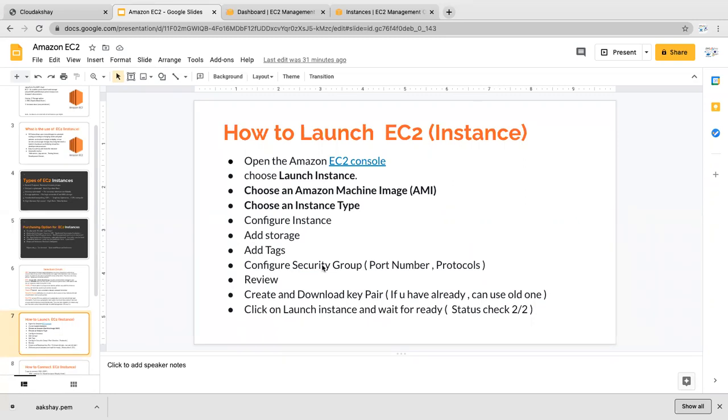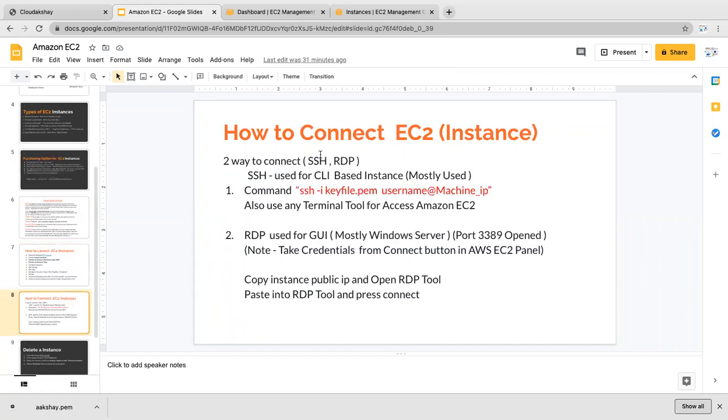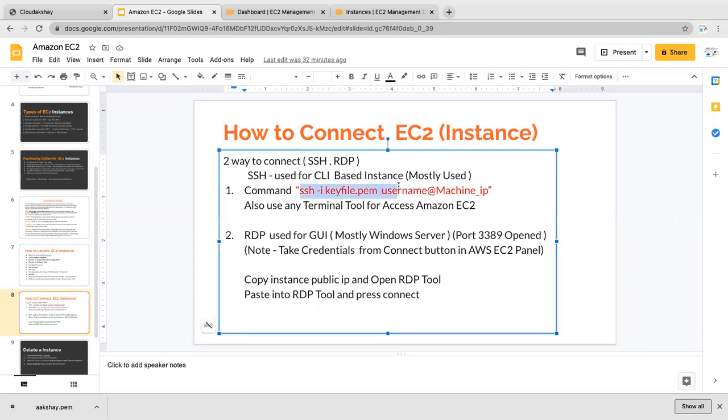And second is how to connect your EC2 instance with your machine. So we have two options. First is SSH. SSH is used for CLI-based or Linux-based instances, so we can use this command to connect to my machine. And RDP is a protocol created by Microsoft, and its default port is 3389.